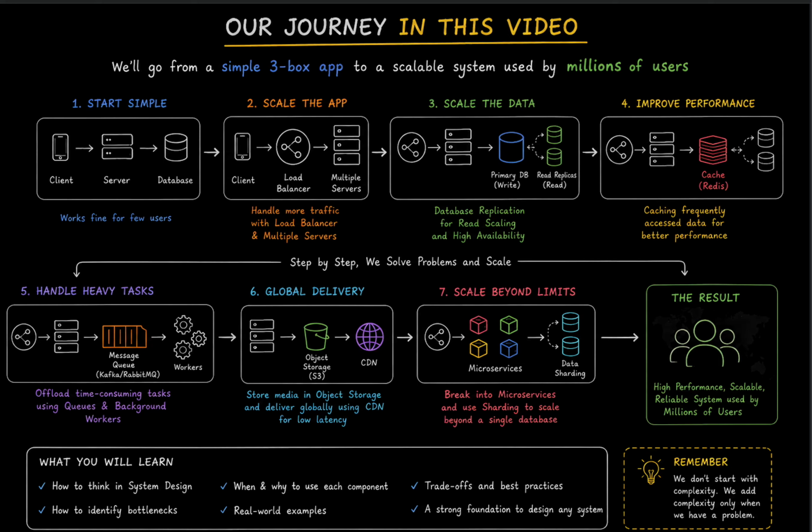Then we had large media files. We added object storage plus CDN, and eventually our application became large enough that we might consider microservices. So our architecture now looks something like this: client that will call the CDN and API gateway, then the load balancer, then multiple application servers, then the Redis cache, then the database, and alongside that Kafka message queues will go to background workers, and for large files it will go to the CDN and object storage.